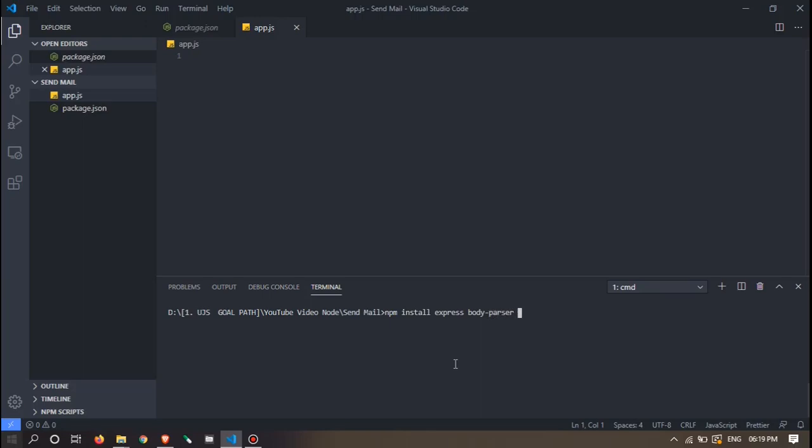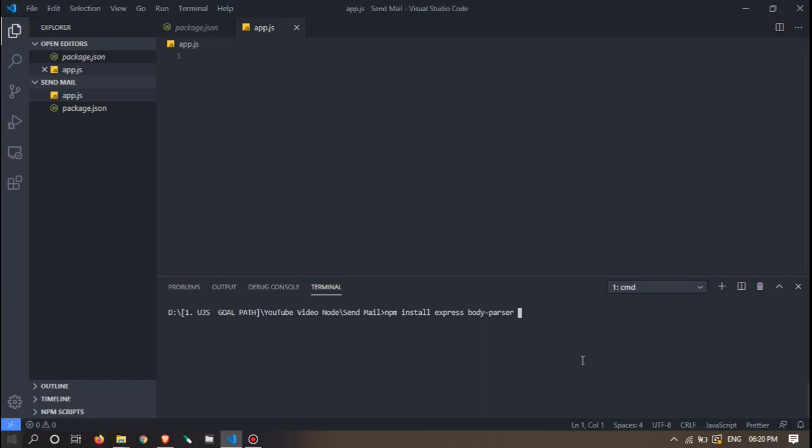Basically, body parser looks into your views, the user interface such as HTML or any templating engine, and if you send data via the form element, we can directly get the data from it. We fetch the data from the UI for backend use. So we need body parser also.